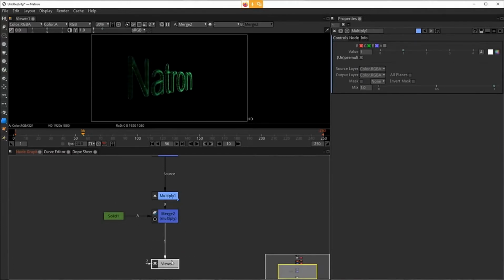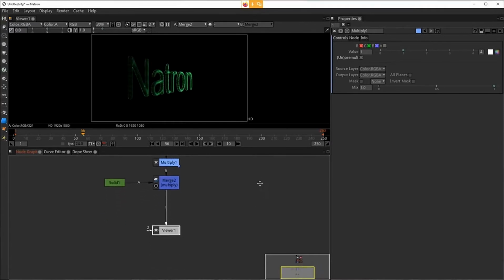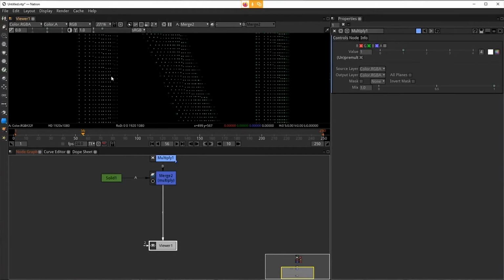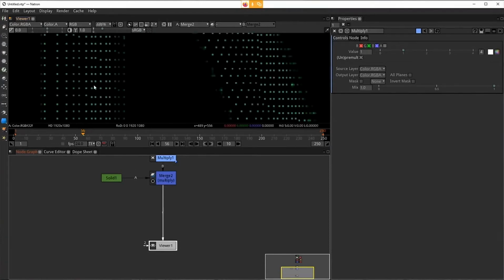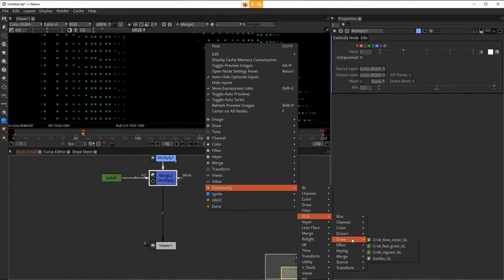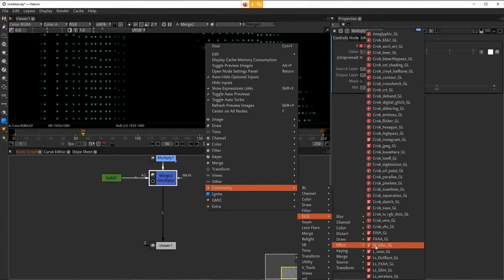All right. So now what I want to do, right, I want to give this a kind of a glowy effect to it. Right now, these are very solid little dots. I want to make them glow a bit more. So what I'm going to do is add another node in the community plugins, under the GLSL nodes, under effect, called